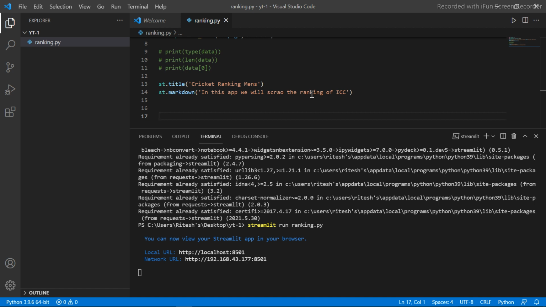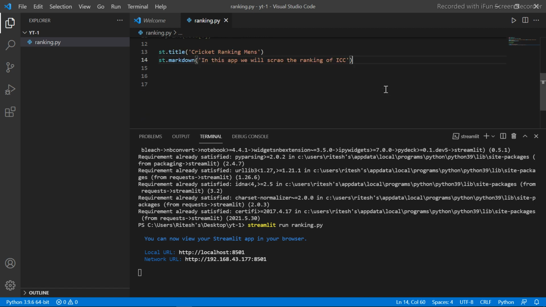We will start by making a list, menu 1, which will contain whether we want to see the ranking of team or player. I will make one select box and put it in the sidebar.